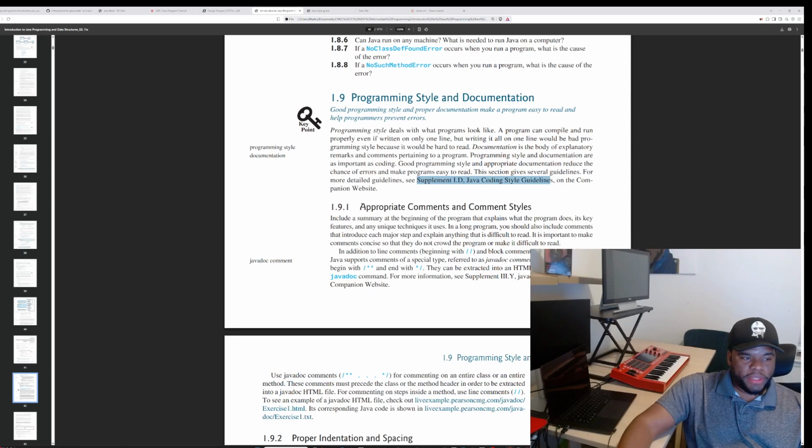Appropriate comments and comment styles. Include a summary at the beginning of the program that explains what the program does, its key features, and any unique techniques it uses. In a long program, you should also include comments that introduce each major step and explain anything that's difficult to read. It's important to make sure the comments are concise so they do not crowd the program or make it difficult to read. In addition, in the line comments, beginning with the forward slashes, and the block comments, beginning with the, let's just say, the comment